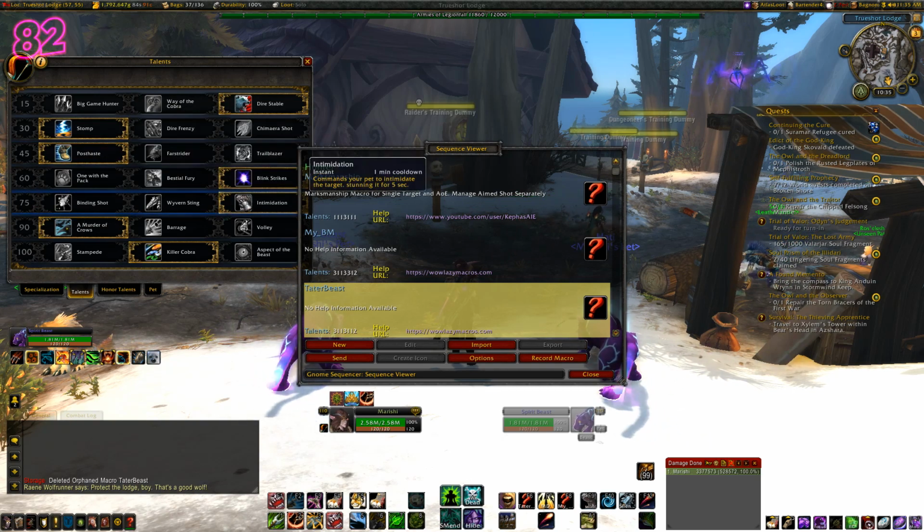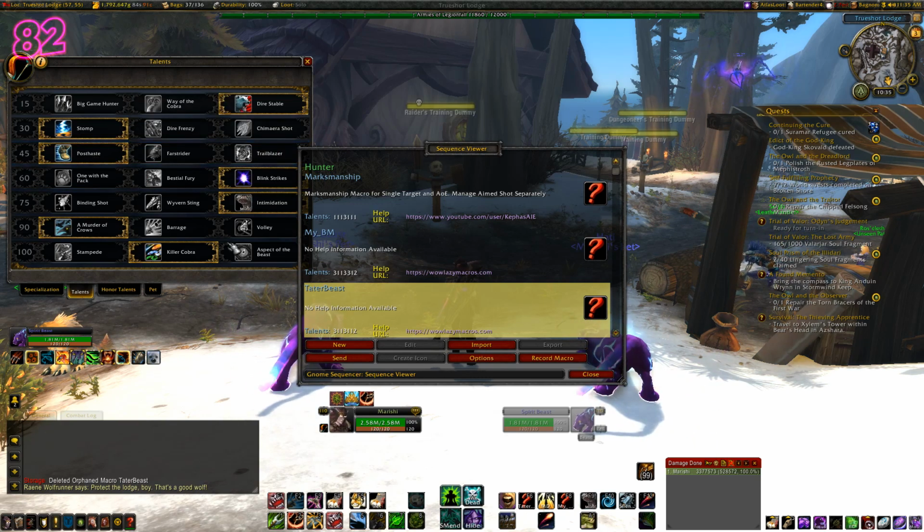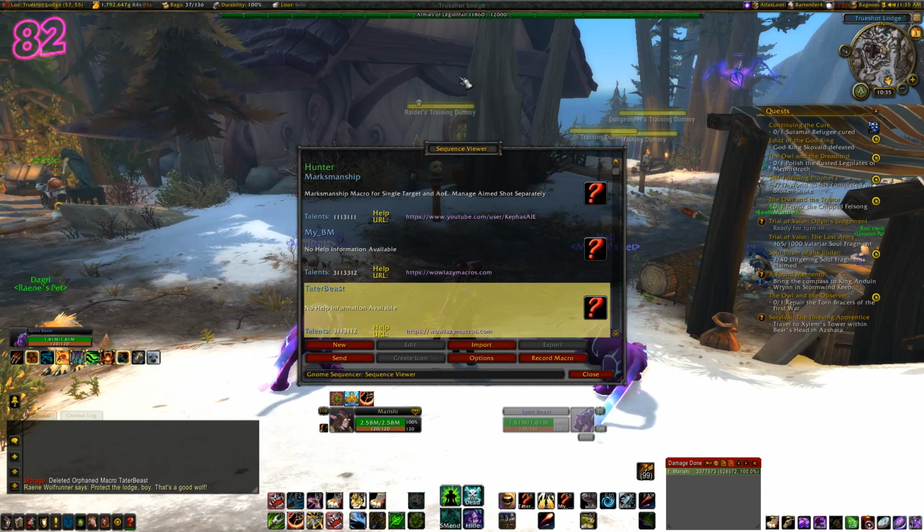Utility and flavour talents such as the level 45 and level 75 tiers can be your choice and shouldn't affect the macro function. If you want to know about editing these macros or creating your own, I'll be covering that